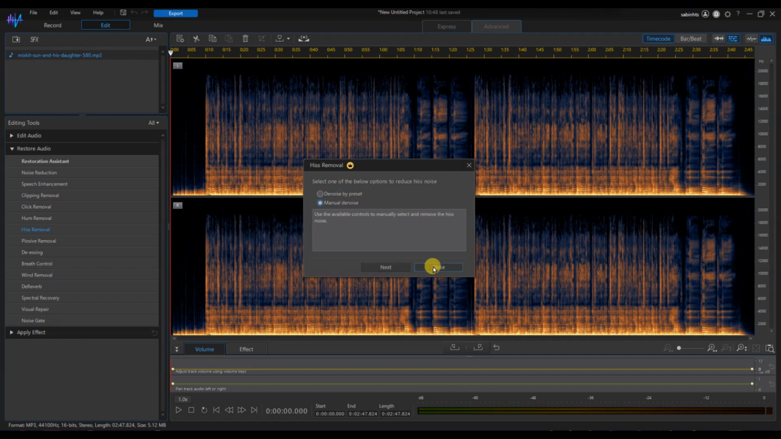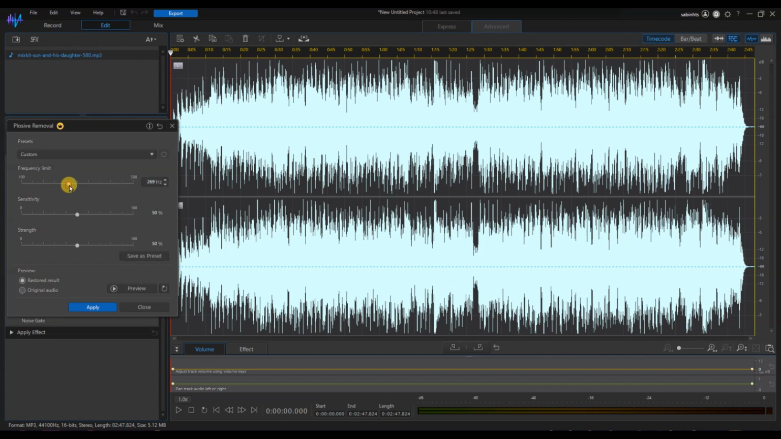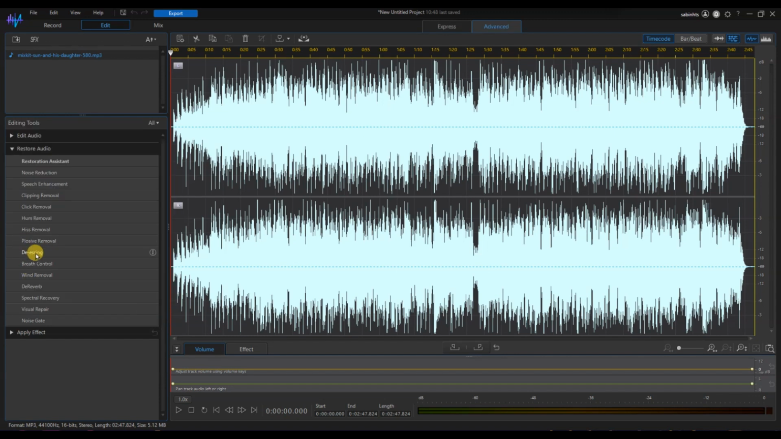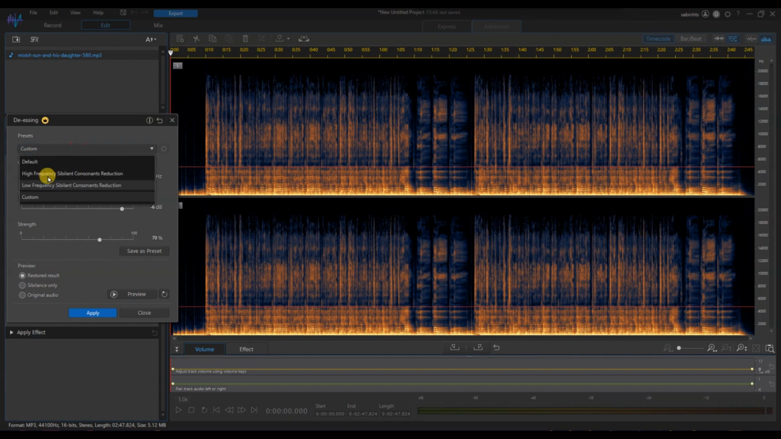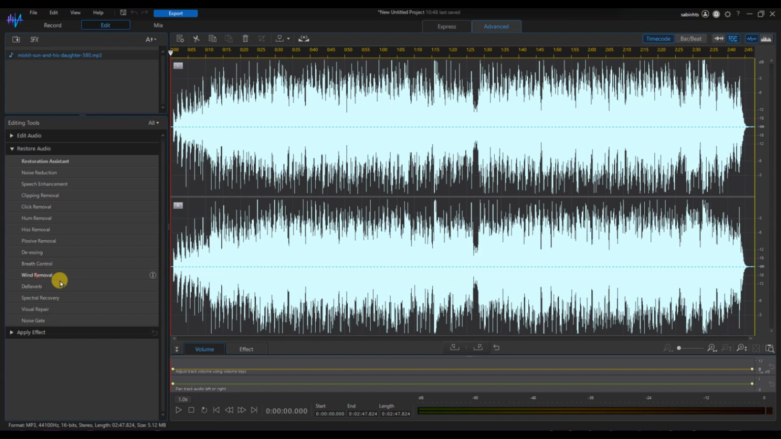If your recording has strong consonants like P or B, use Plosive Removal, and for sharp S sounds, apply de-essing. You can also reduce loud or distracting breaths with breath control. For outdoor recordings, wind removal reduces wind noise, and DeReverb minimizes room echo or reverb that makes the audio sound